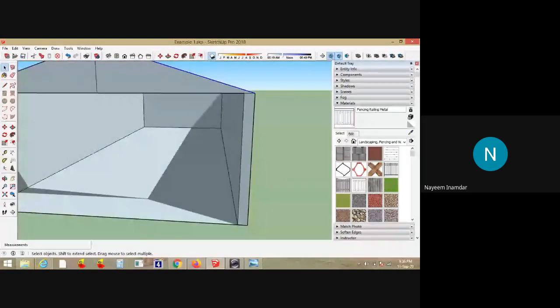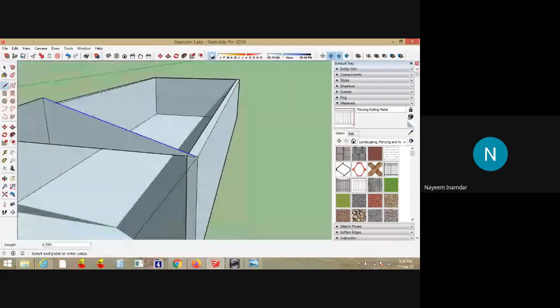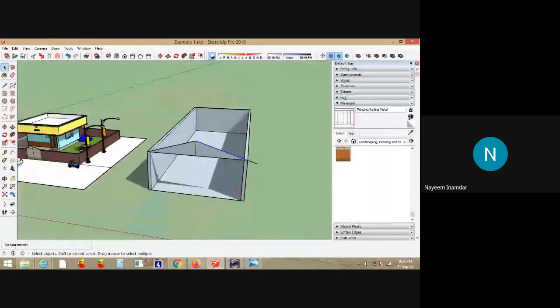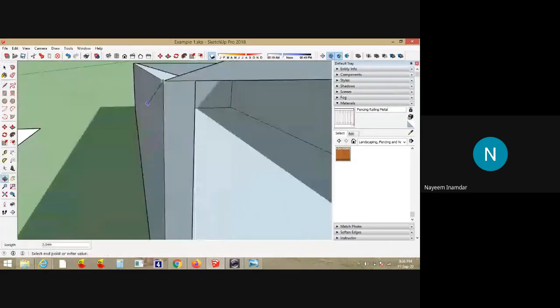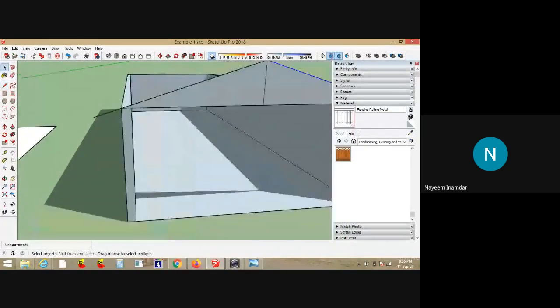I go to the line command. Whenever this pink line is available, if a line already exists and you start from one end, the pink line is the extension of the previous line that is being selected. Here I'm extending it with a distance of 1 meter. The same thing I'll do on either side also. So now this is the pink line, 1 meter.